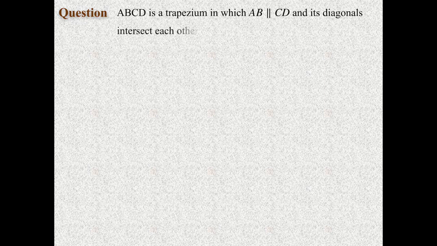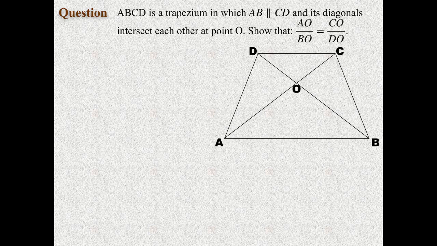Another question says that ABCD is a trapezium in which AB is parallel to CD and its diagonals intersect each other at point O. Then show that AO upon BO is equal to CO upon DO. So we are given AB parallel to CD as the opposite sides of the trapezium, and to prove AO upon BO is equal to CO upon DO,